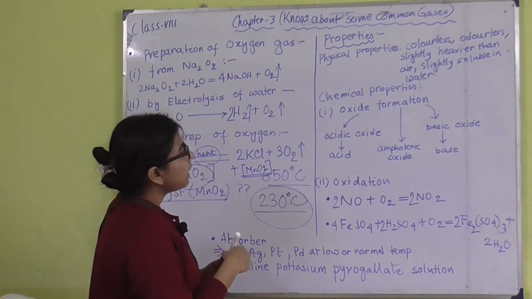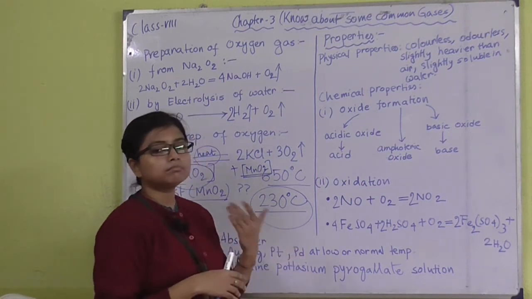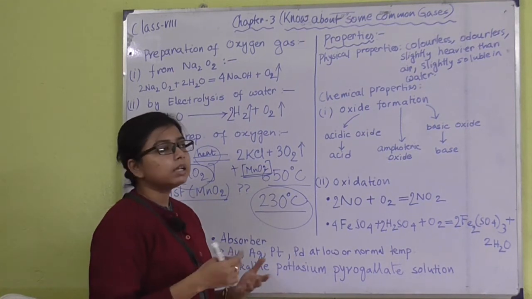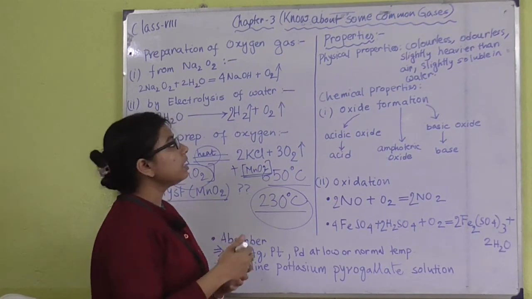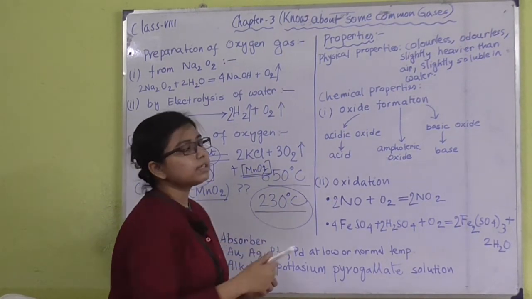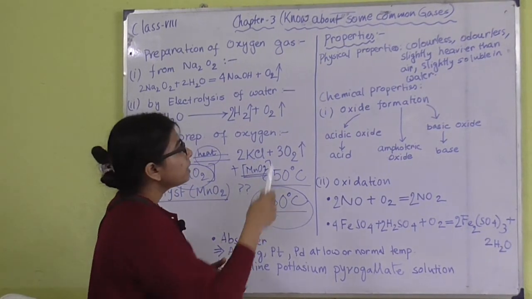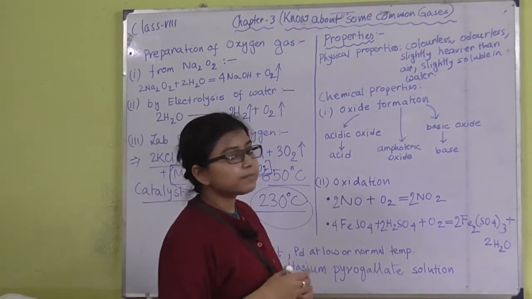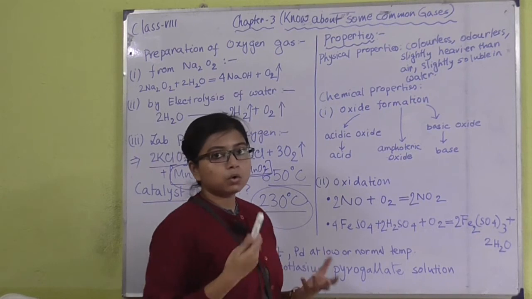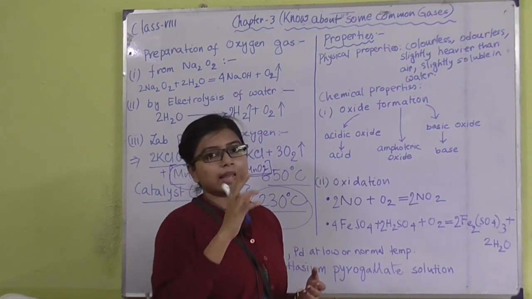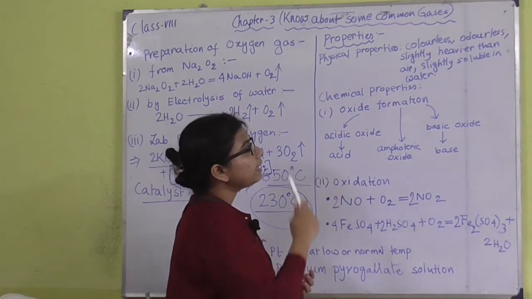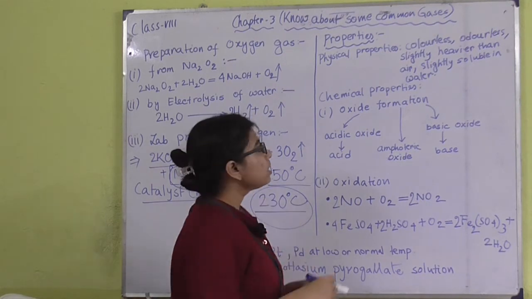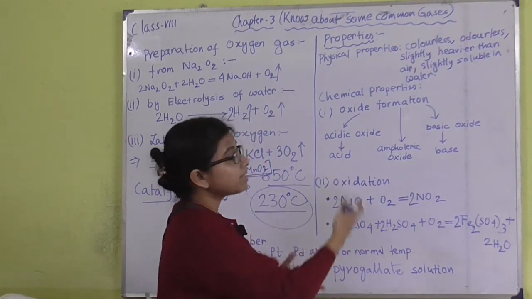First of all, any chemical compound generally has two types of properties. Number one is physical properties: its color, its odor, any special type of texture, density. And the second one is the chemical properties of the compound. So, here we have the physical properties first. Oxygen is basically colorless, we know, and obviously odorless. It has no special kind of smell, and it is slightly heavier than air, and slightly soluble in water. So, these are oxygen gas's physical properties.